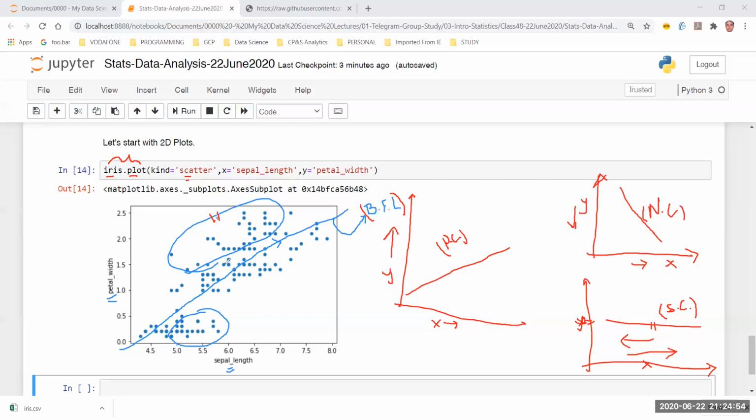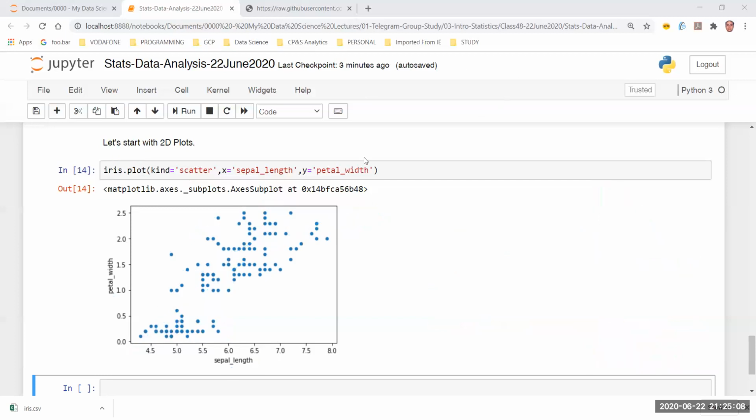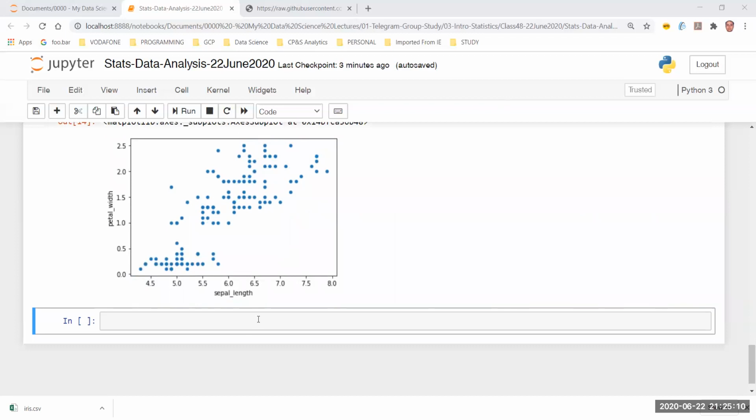I don't know in these blue dots which dots belong to which species. And that's why this comparison in this context is not really helping me much. I can clearly see the relationship, right? But I can't say what is the effect on the species. Let's try to do something, and see if that's going to work here.